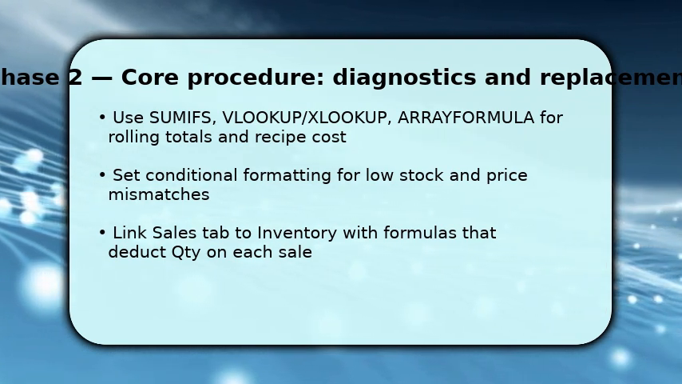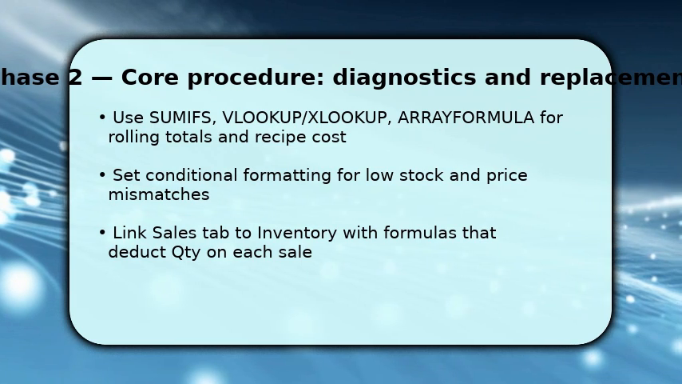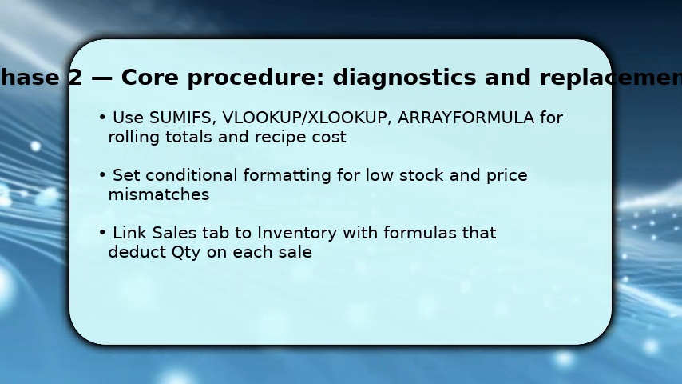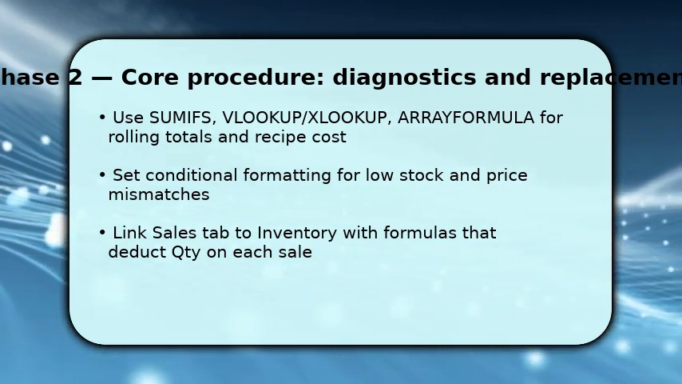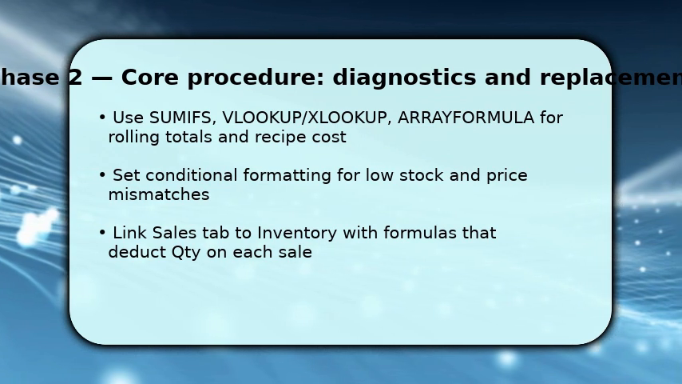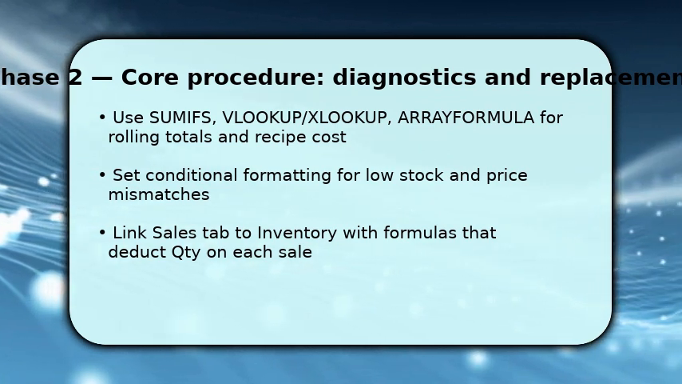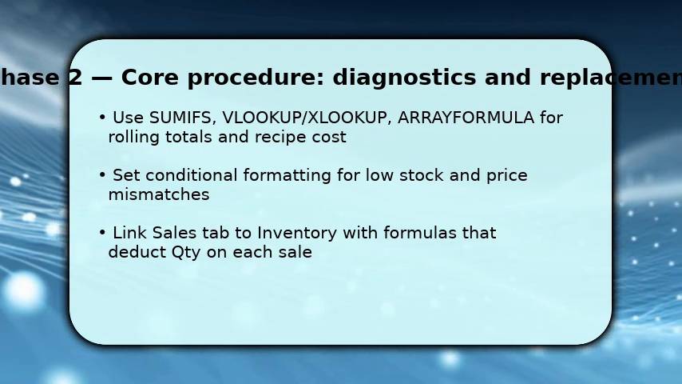Set conditional formatting to highlight low stock and price mismatches. Use checkboxes or drop-downs for status. Then, create a simple script or use the built-in import range to pull daily POS exports into sales and subtract